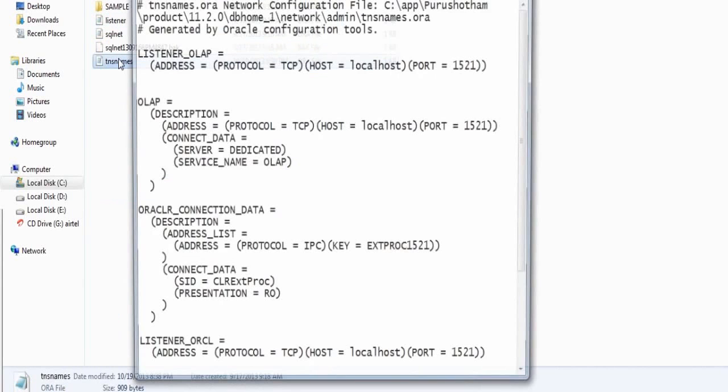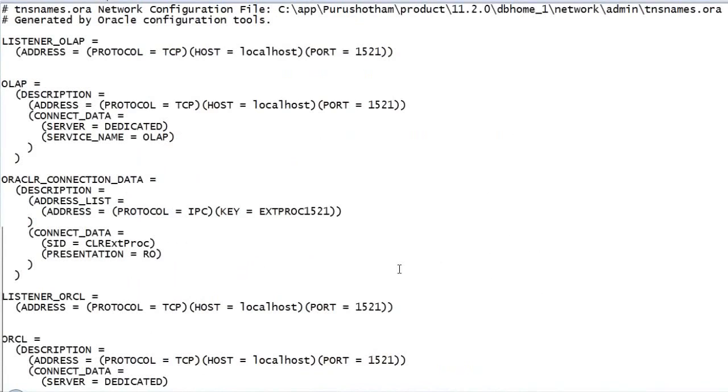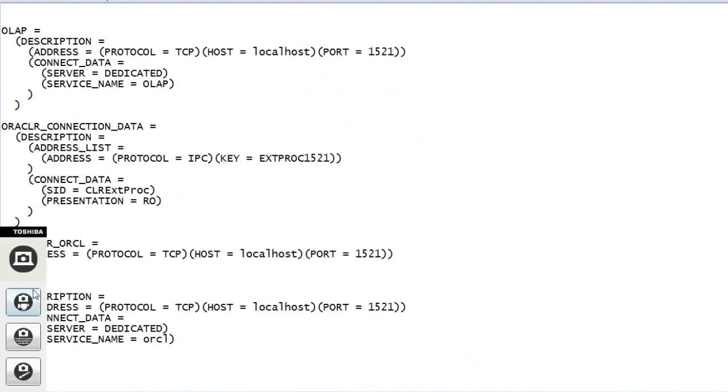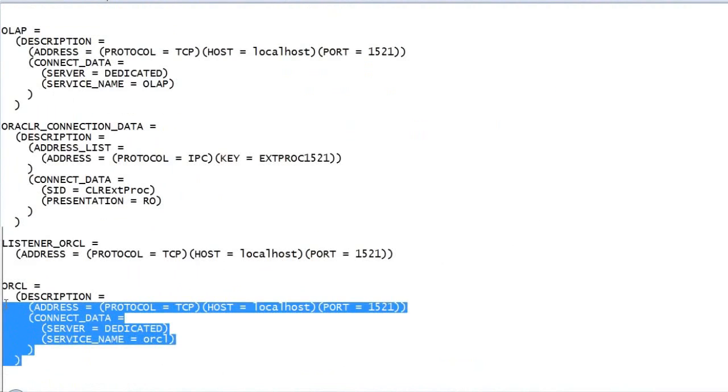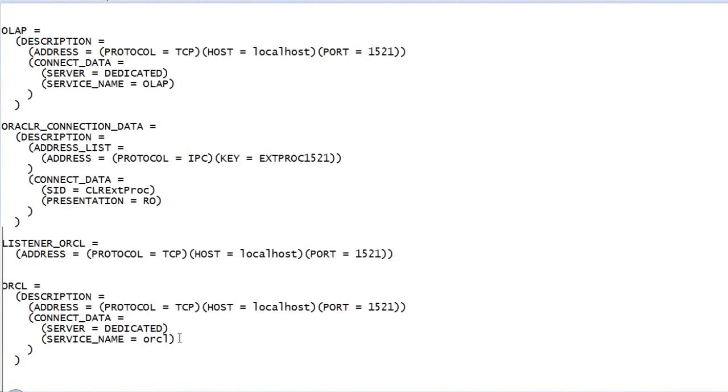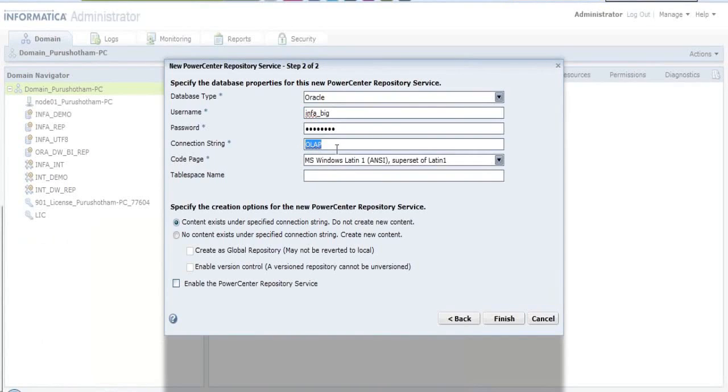I have two databases available in my machine. That's why I'm able to see both. In your case, you'll have only one, which is something like this. You can just use this one, localhost, and the ORCL is the service name. So you have to enter this ORCL. But now I'm creating it in the OLAP database, so I'm going to enter OLAP. So tnsnames.ora is the place where it is available. When you go here, you just enter the connection string as OLAP. Yes, Vishu, it will be there as dbname.world. You just have to remove it and then enter whatever name you have.